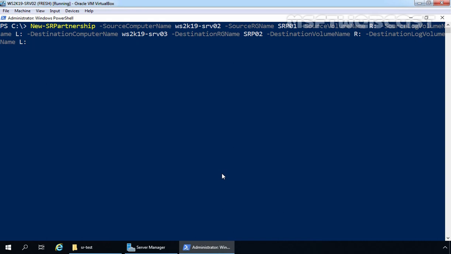See, if you have different drive letters on your server, at that time you can specify a different drive letter. And if you want to specify identical replication group names, at that time you can also specify those names as well. Now let's press Enter key to execute the command. We need to wait for a few seconds, and after that, I have tested with Windows Server 2019 that we are going to get an error message.